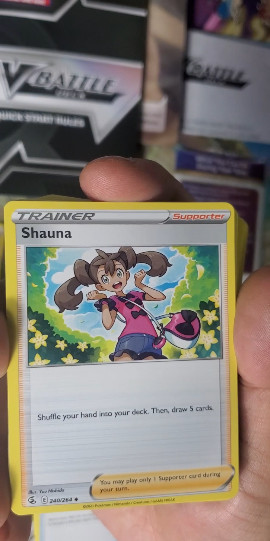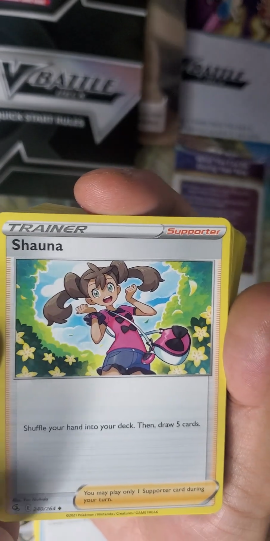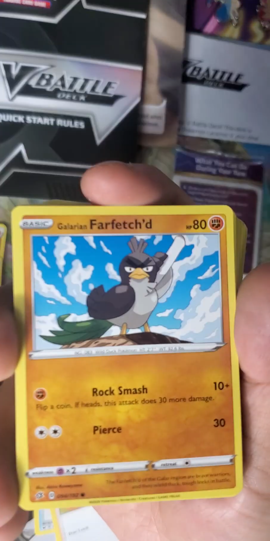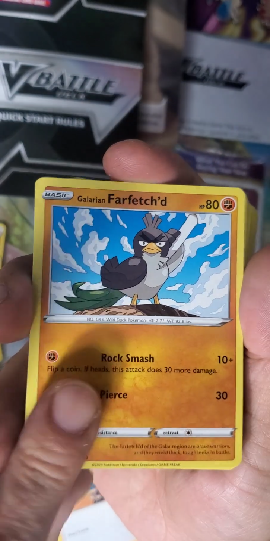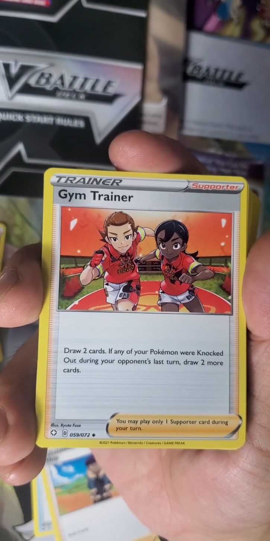Shauna. Shuffle your hand into your deck. Then draw 5 cards. If you don't get what you need, bada bing. You got to keep it moving. That's exactly what I'm talking about. Draw 3 cards. You got it. You have to be able to get what you need. If not, then you're just going to be sitting there with the original 6 cards in your hand and just pulling one every turn,